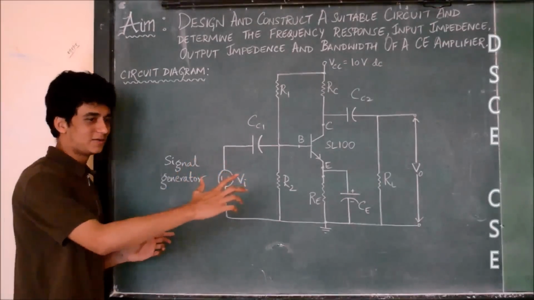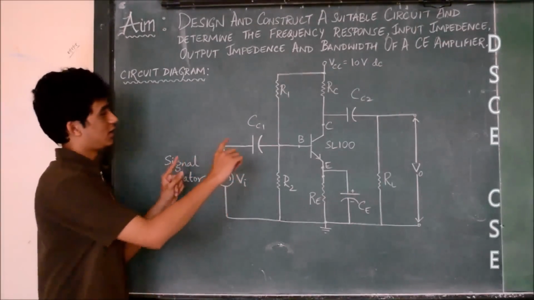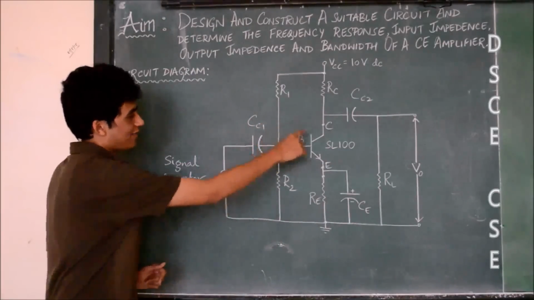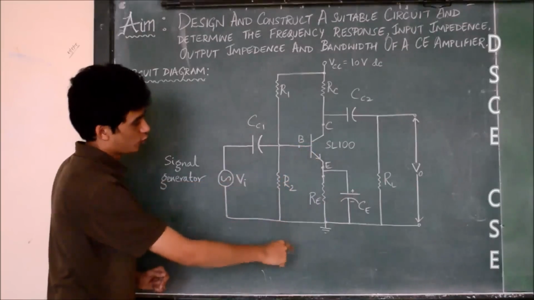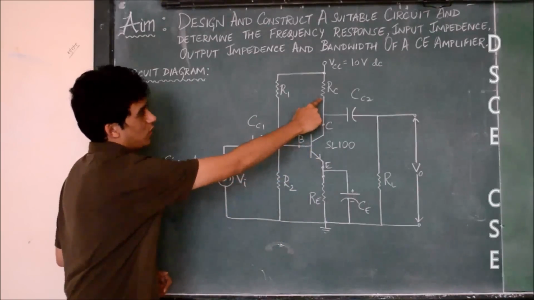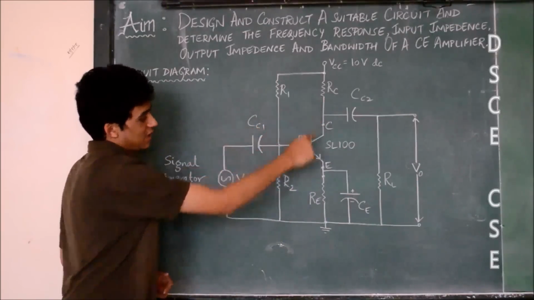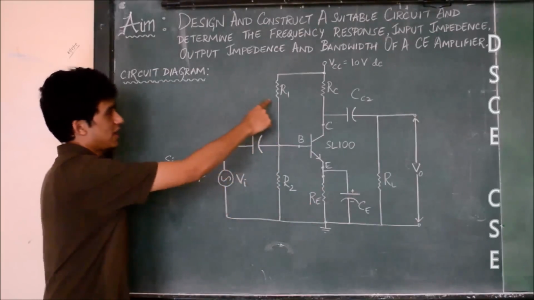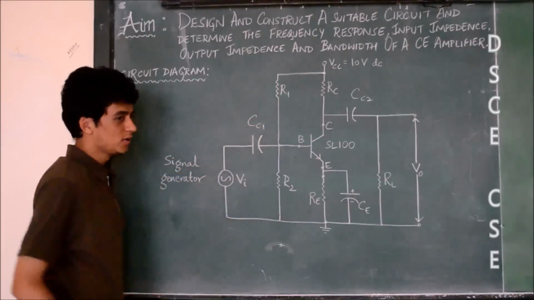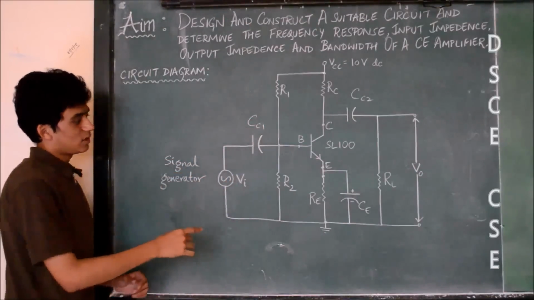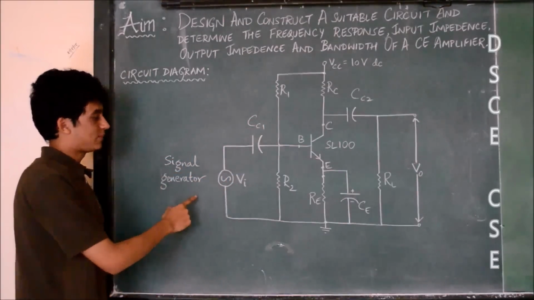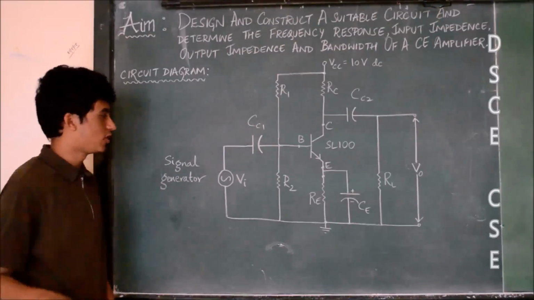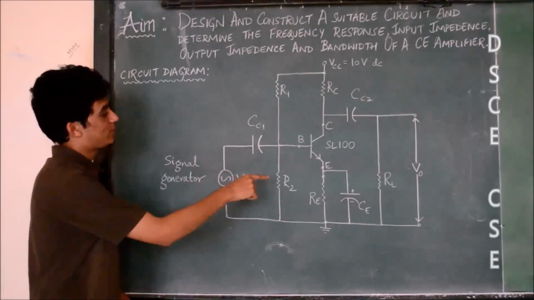This is the circuit of the CE amplifier. This is a typical voltage divider bias circuit. We have a transistor and two resistors, one on the collector side, RC, and one on the emitter side, RE. To bias the base of the transistor, we have two resistors, R1 and R2, and we give the input to the amplifier with a signal generator which generates a sinusoidal waveform, and we feed it to the amplifier through